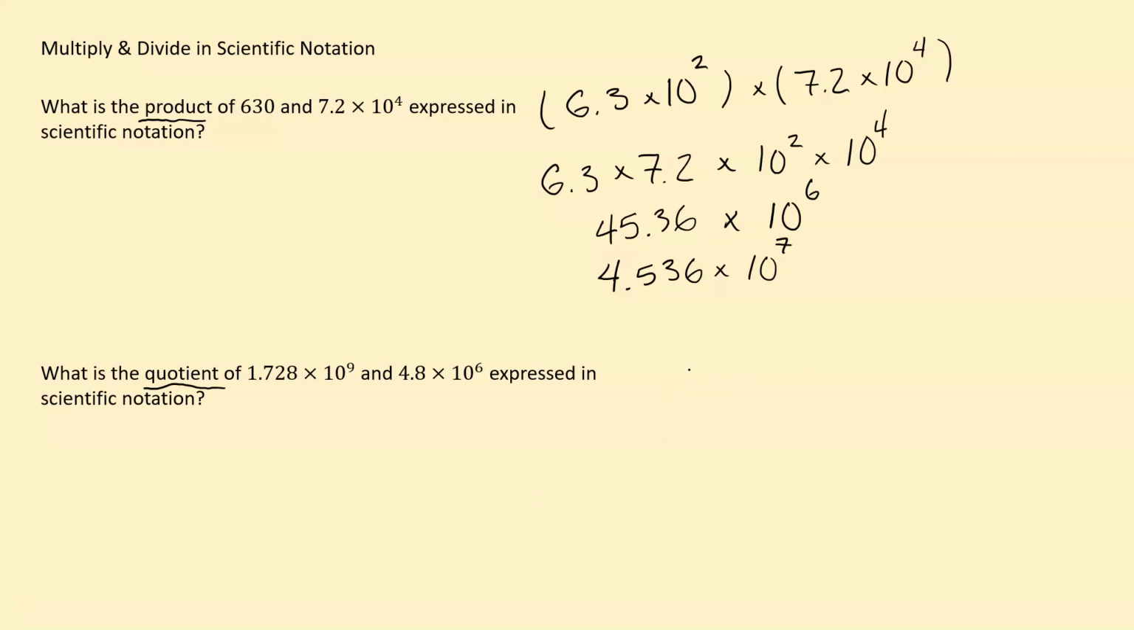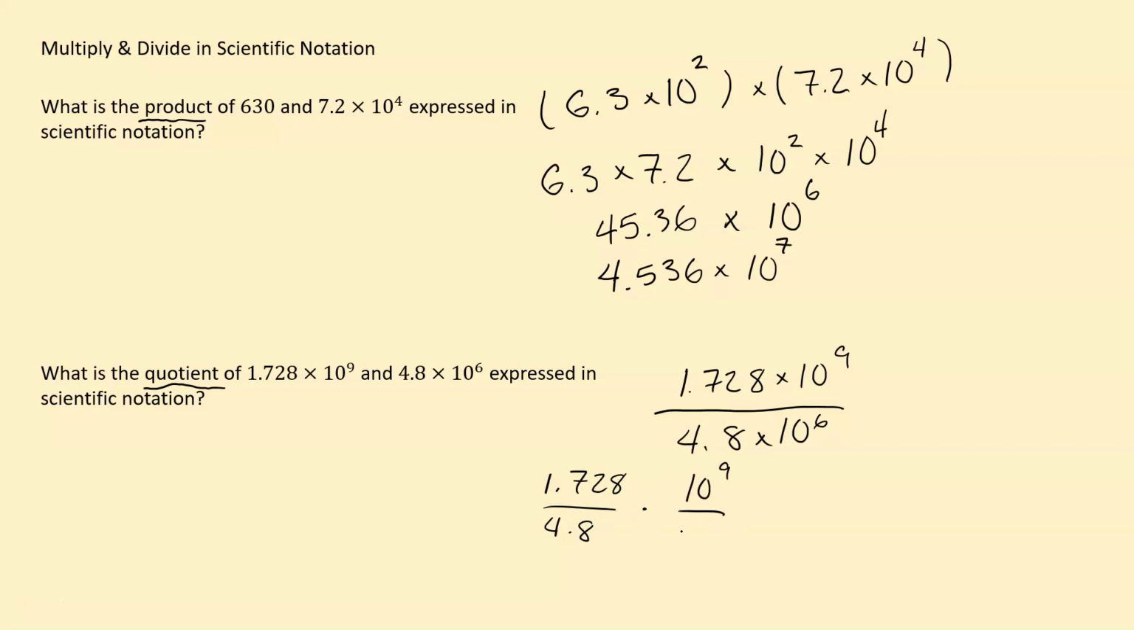So we have the quotient of 1.728 times 10 to the 9th over 4.8 times 10 to the 6th. Once again, I would go ahead and think about these things separately. 1.728 over 4.8. And over here, we could have our tens, 10 to the 9th over 10 to the 6th. I would go ahead and separate the fraction like that, because with these tens, just like we did before, we can